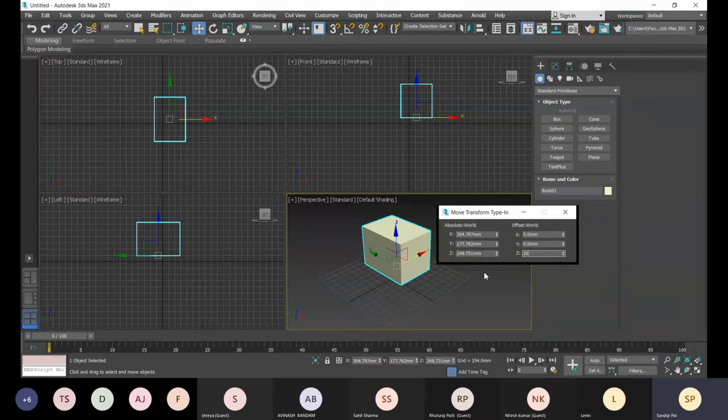And if you add anything in this absolute, that will be calculated from the 0 origin. See, this is right now 269.